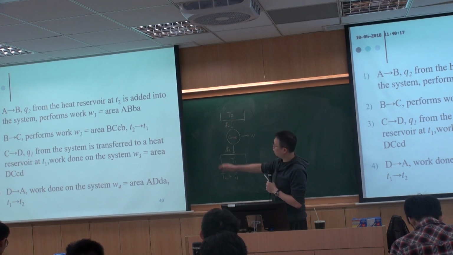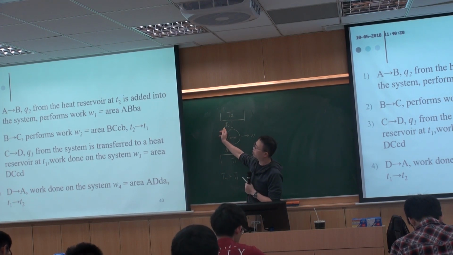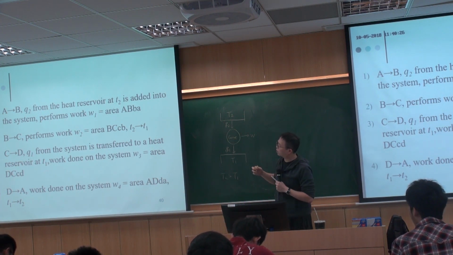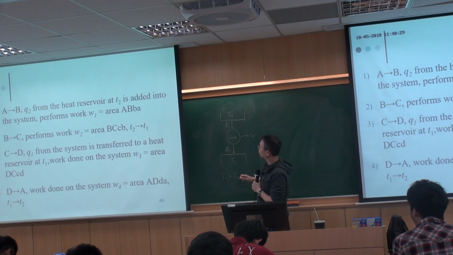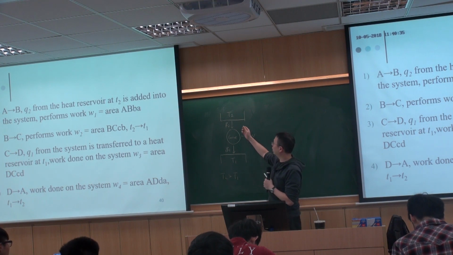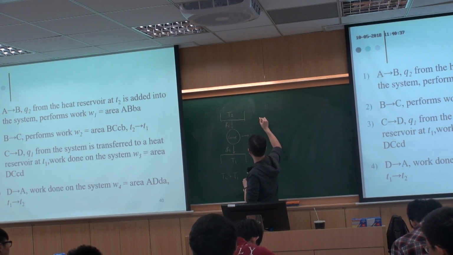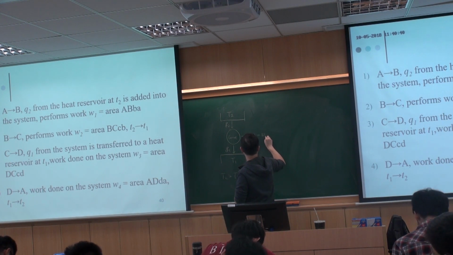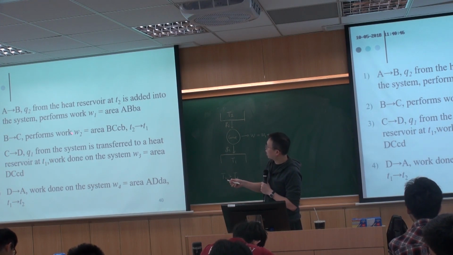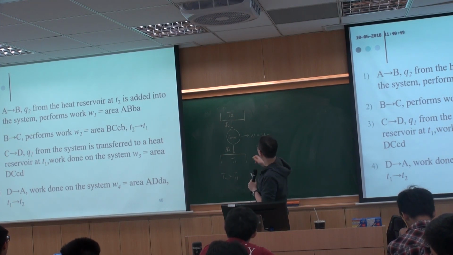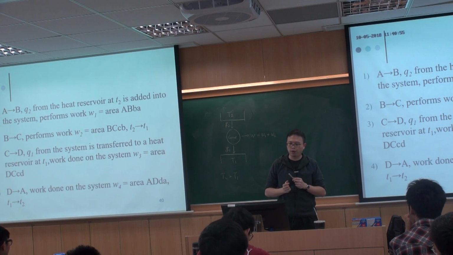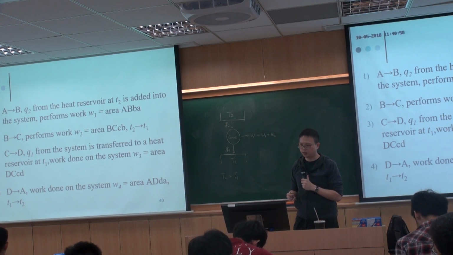During the first part from A to B, Q2 from the heat reservoir at T2 is added to the system of gas, and performing work W1. And this is not the total W that we want. This is only during the first part of the process that you have W1. So we know that this is the sum of first W1, and during the second process you have W2. And at that time, there's no heat being transferred into the engine because that's an adiabatic process.